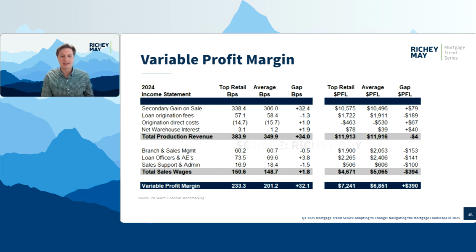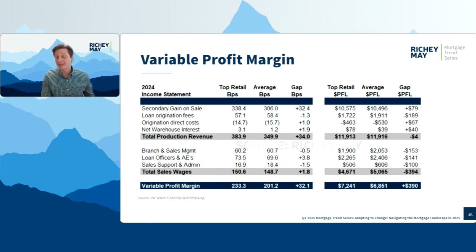A lot of times I think we lean towards looking at our performance in basis points. I know that's the language of the industry, but when we look at this in basis points, we're going to notice that there's a variable profit difference. But if we look at the total sales comp, it's very close. And then we look at total production revenue, and it looks like that's really the difference between top performers and the average group. But then if we move over to dollars per funded loan, we get a little bit of